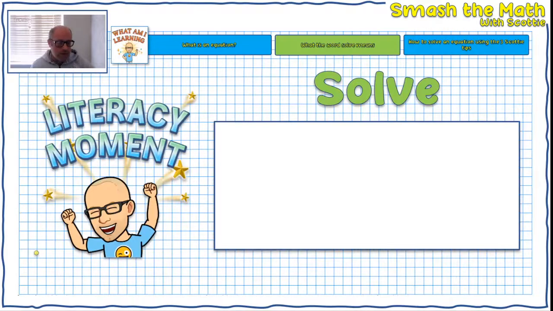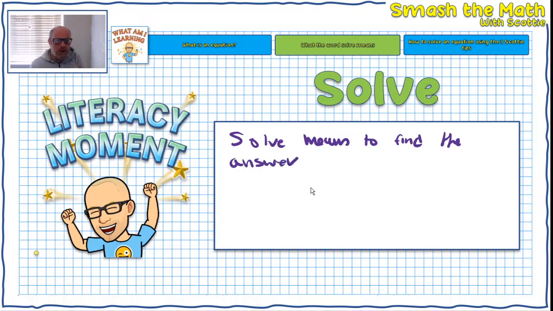First things first then, what does the word solve actually mean? Solve just basically means to find the answer. That's all it means. So you can write this down on your page: solve means to find the answer. And when we're talking about equations, what we're effectively doing is trying to find